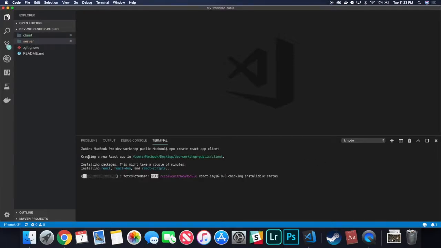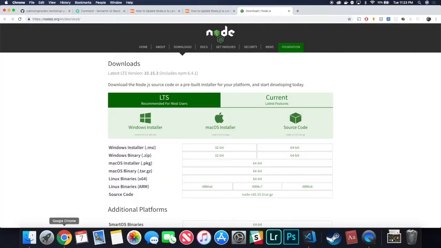So as you can see, it is creating a new React app inside this particular folder. So we have a client folder here now, and our React app is being built inside that client folder. While these packages are being installed and our environment for React is getting set up, let me quickly go to my browser and just show you some